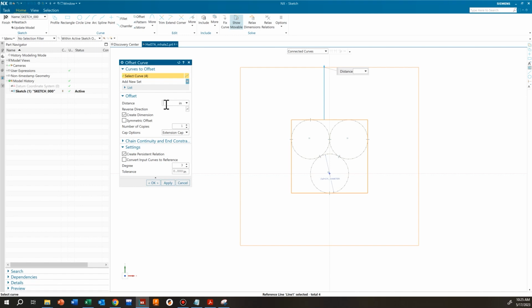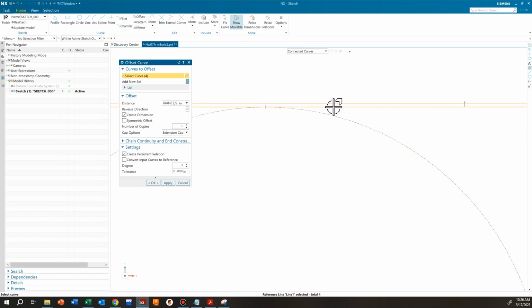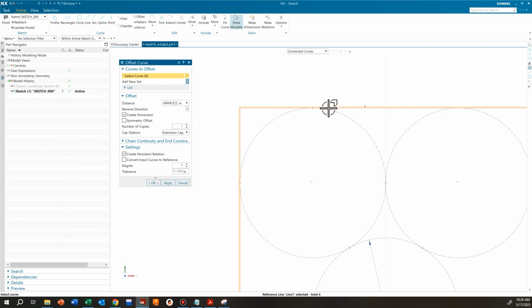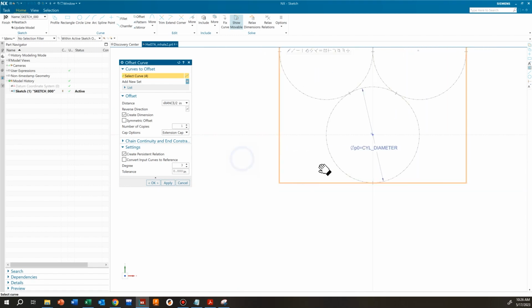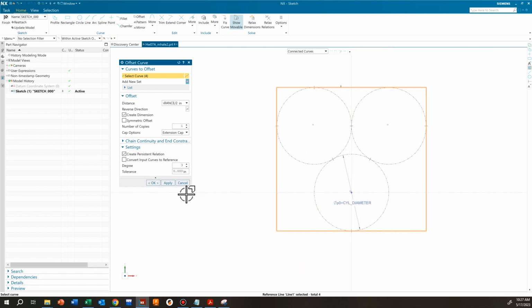And we can put in parameters here, just like how we've done with the dimensions, whenever we are dimensioning a length. The only difference here is that we don't put the equal sign. We just start typing our parameters. So we've got clearance. You can even see that it pops up for us, divided by 2. So now from this reference line, which is the inside border of our cylinder, to the inside of the box wall, this distance here is 10 thou. Over here, it's also 10 thou. So the length of the line here is 20 thou longer than the inside boundary of our cylinders, which is what we wanted. So we can hit OK,